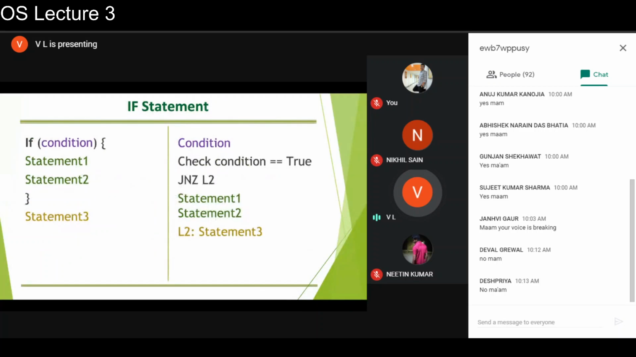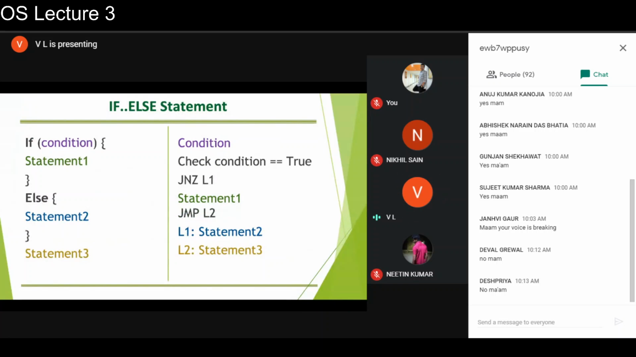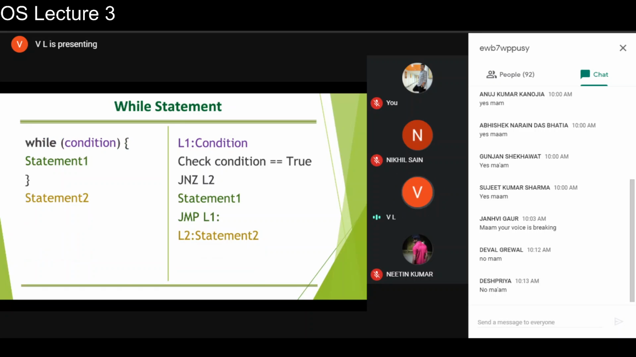So it will check the condition. It will evaluate the condition, write the code for evaluating the condition, and check whether it is true or not. If condition is true, then it is okay. Otherwise, if the condition is not true, the flag will be set to not 0, and then it will come to